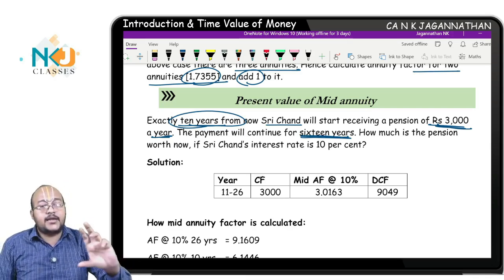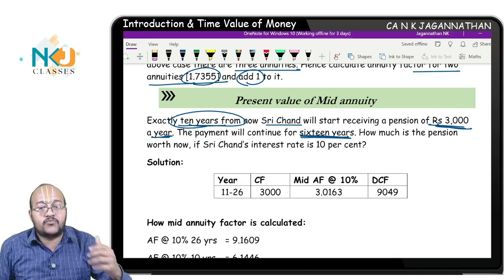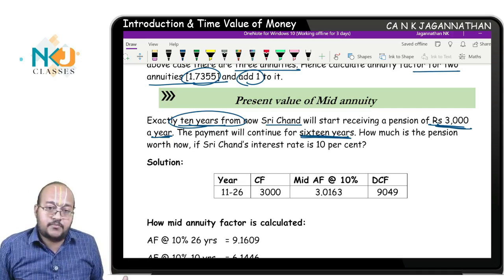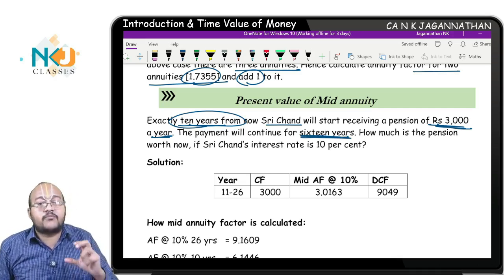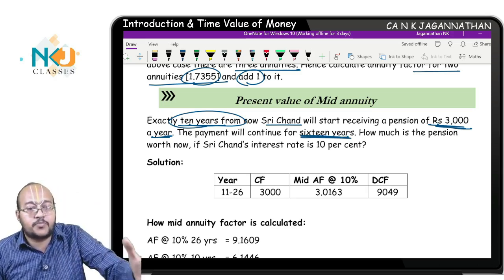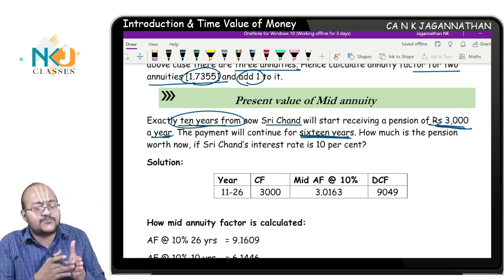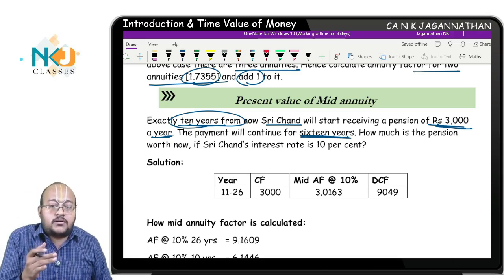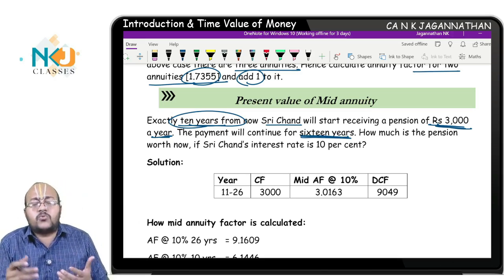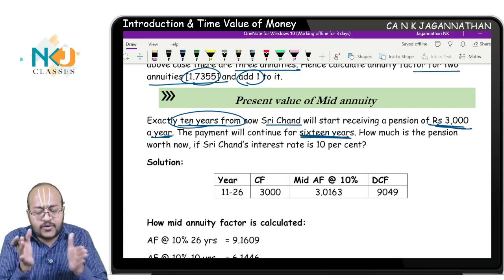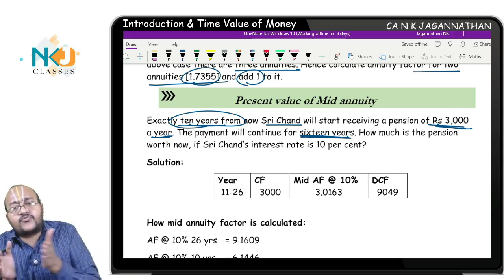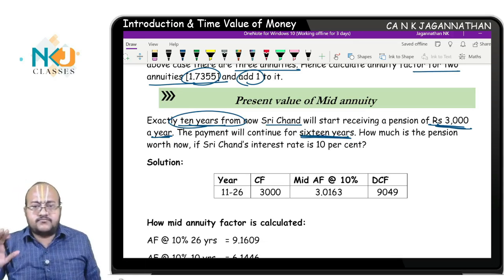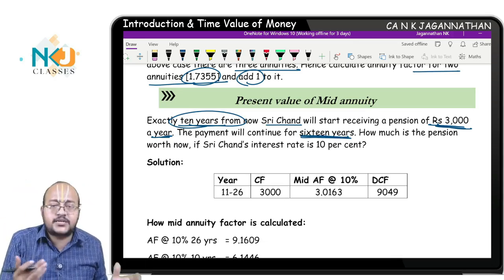Have you all seen LIC schemes and all? If you notice, there will be pension plans, and there they will tell you a deferment period will be given, which means if you deposit some amount, say 50 lakh rupees or 10 lakh rupees, they will ask for a deferment period. After 5 years only your annual pension will start. As per the scheme, for the first 5 years they will not pay you anything. Then after 5 years, for a given number of years or till the end of life, they will pay a pension of some fixed amount. Correct? Pension schemes and all are like this.